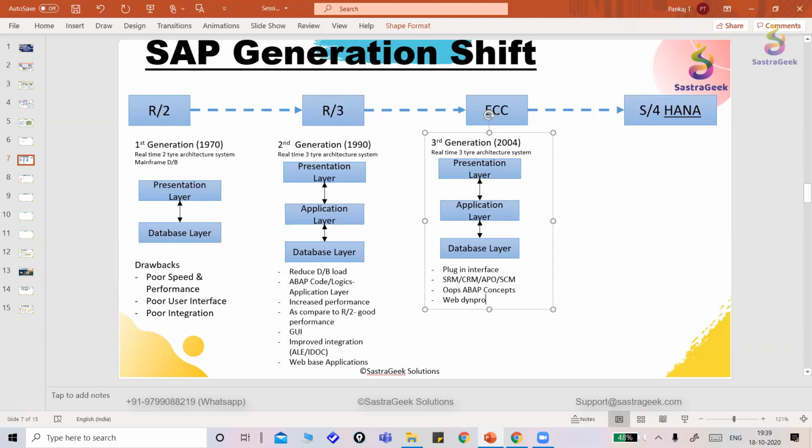When you start working on the system, you will come to know what Web Dynpro is. Basically, this is the application or tool where web-based applications can be developed, and for that SAP also came up with Floor Plan Manager. This is a little technical, where SAP tried to improve the system using these technical things. So the Floor Plan Manager, Web Dynpro and OOPS concepts were improved in SAP ECC, and that is actually useful for the